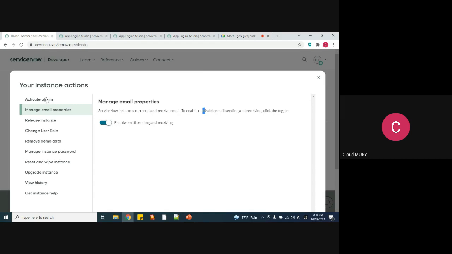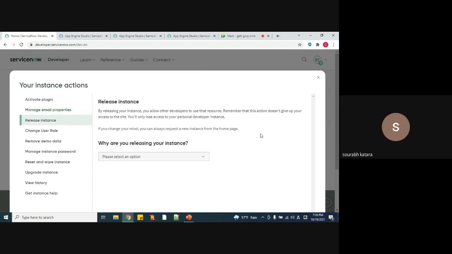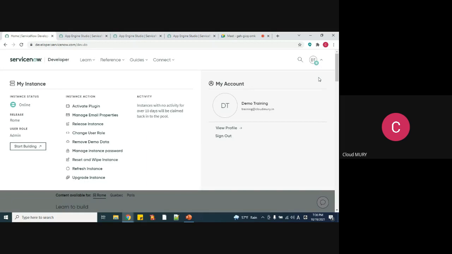The third one is actually the release instance. Sir, can we integrate the same ID by which we have logged in to the instance? Your Gmail ID you are talking about? Yes, you can. There are some properties, and I will post that article. Otherwise, maybe after 15 days of training, we are going to cover the email related things also.